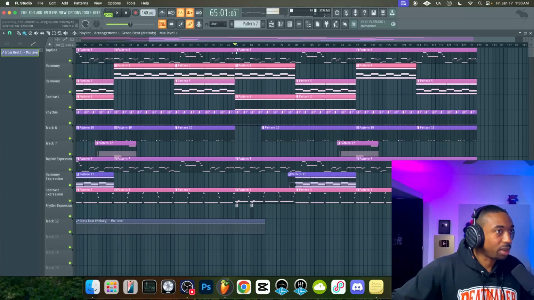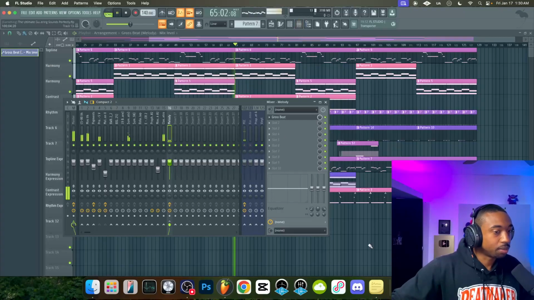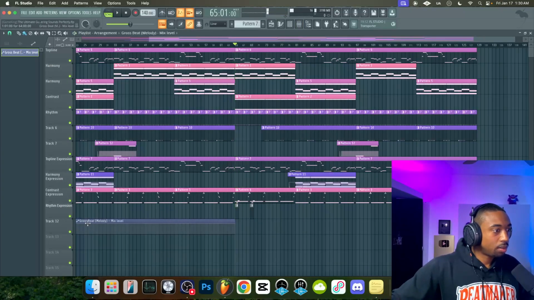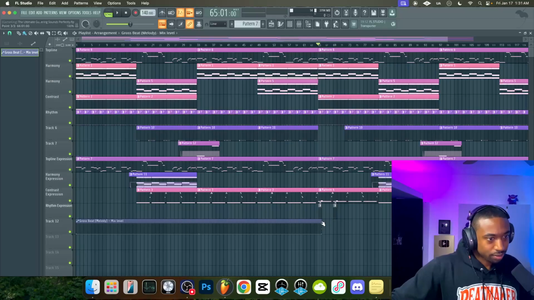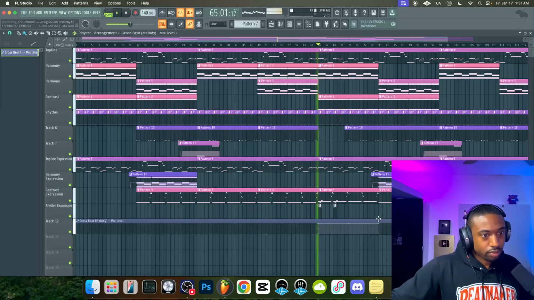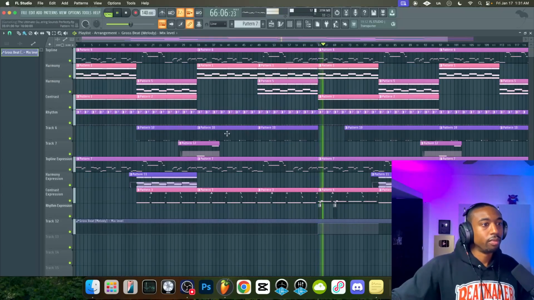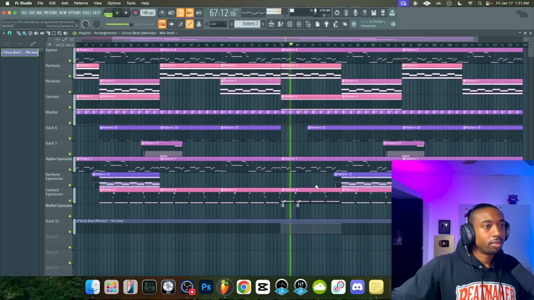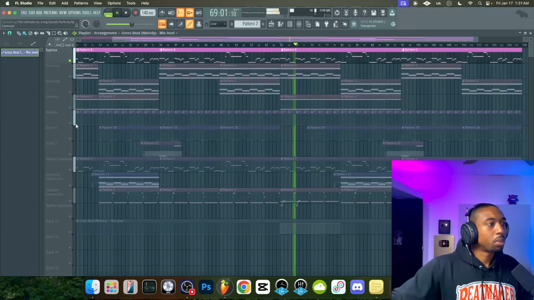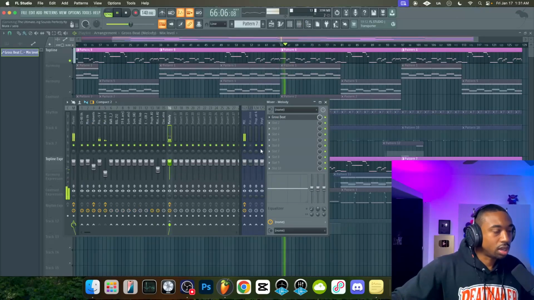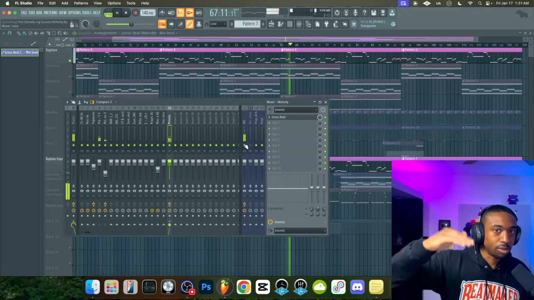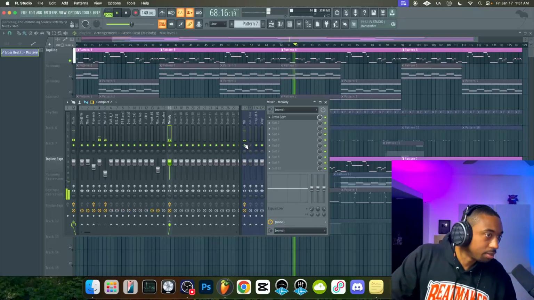And here's where you guys can automate different effects over time to create changes. So now we're slowing down the top line here, which is ultimately bringing it down to a contrast layer.